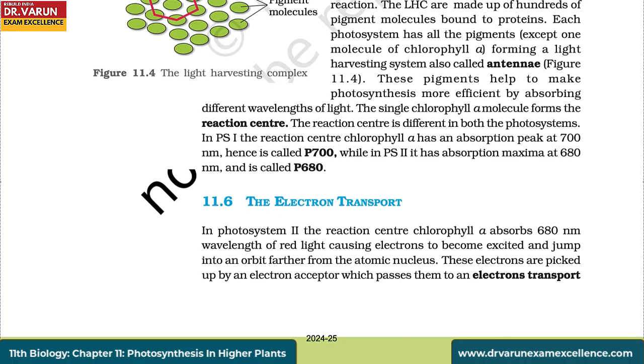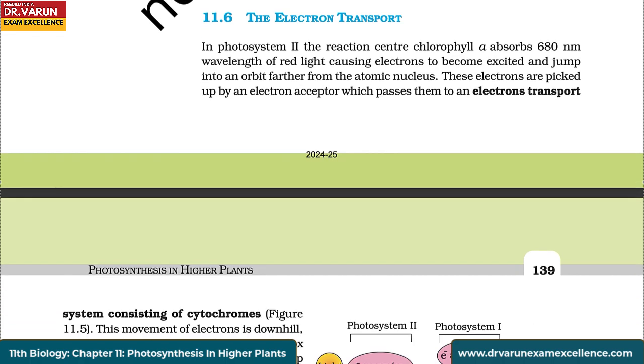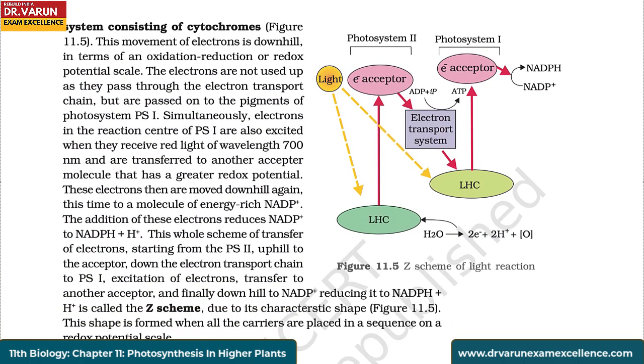The electron transport. In photosystem 2, the reaction center chlorophyll A absorbs 680 nanometer wavelength of red light, causing electrons to become excited and jump into an orbit farther from the atomic nucleus. These electrons are picked up by an electron acceptor, which passes them to an electron transport system consisting of cytochromes. This movement of electrons is downhill in terms of an oxidation reduction or redox potential scale. The electrons are not used up as they pass through the electron transport chain, but are passed on to the